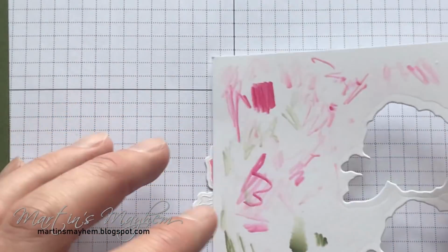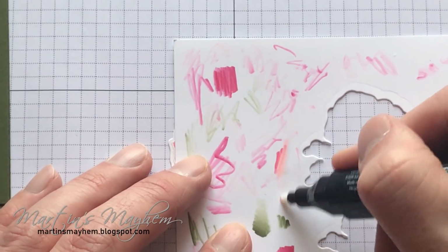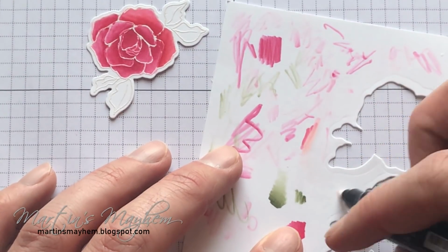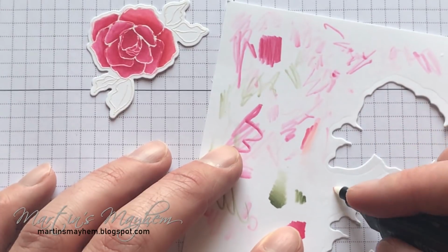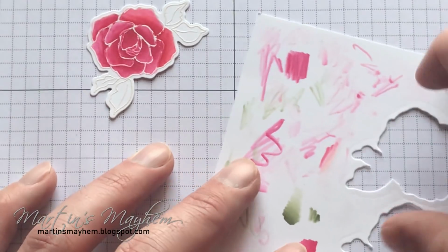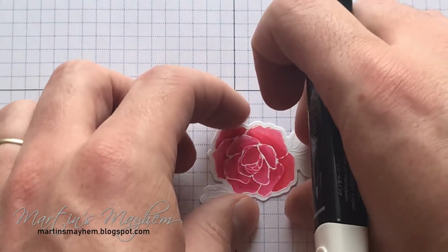Okay. So all I'm going to do is just draw down a little bit. And as you can see, it goes clear. Yes, okay, the tip is still a little bit pink, but that's not going to affect the colour. And as you can see, let me just,